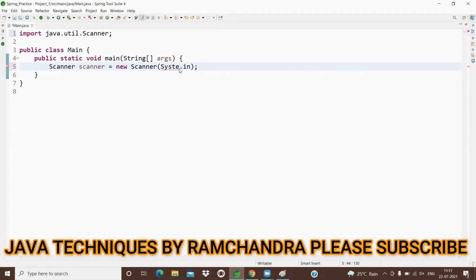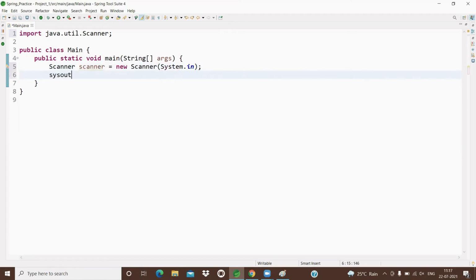Now we are going to read the starting value of the range. Here we give a user-friendly message: Enter starting value of range.